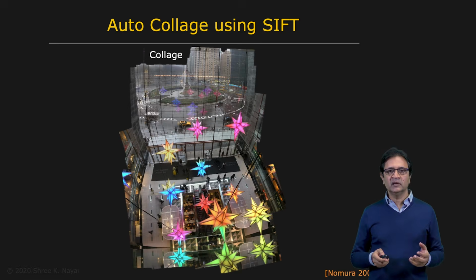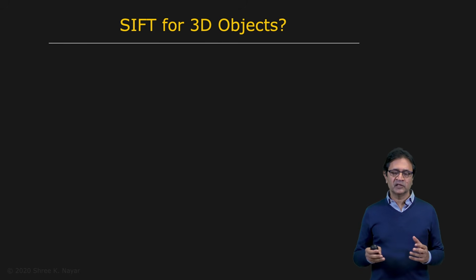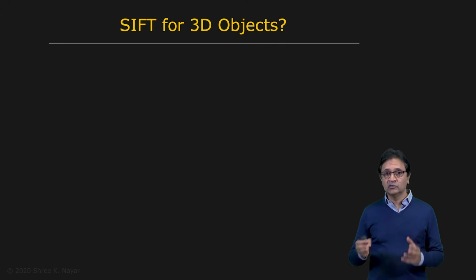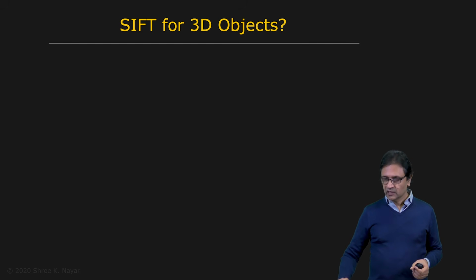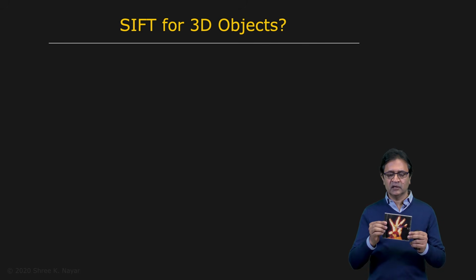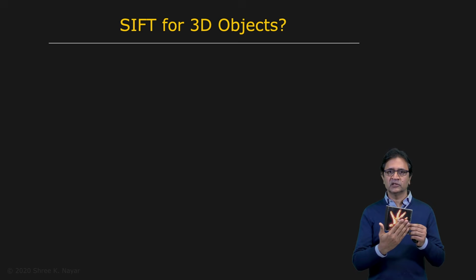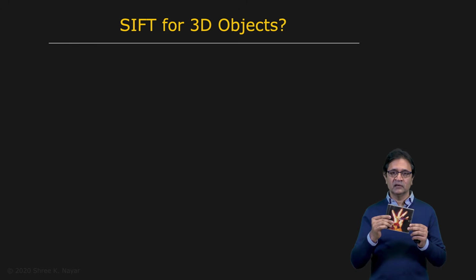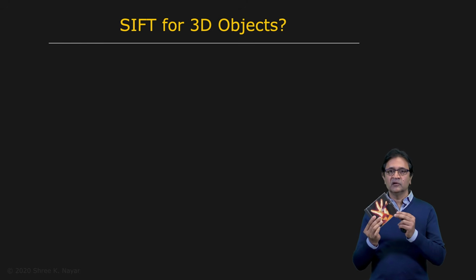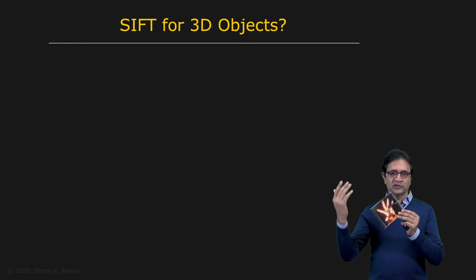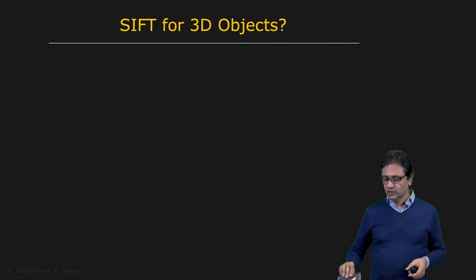So does that mean that the general problem of recognition of three-dimensional objects can also be solved using the SIFT detector? Not really. The kinds of objects we've been looking at thus far are more like this. They're planar objects, perhaps with some complex appearance on them, but they are planar objects, which are moving around on a plane. They may be rotated, they may be scaled in terms of magnification, perhaps even some occlusion and differences in lighting. But when it comes to 3D objects, things start getting more complex.